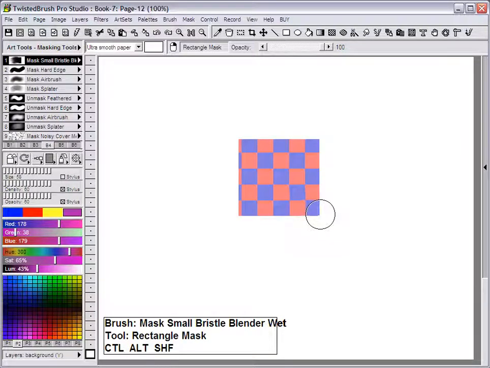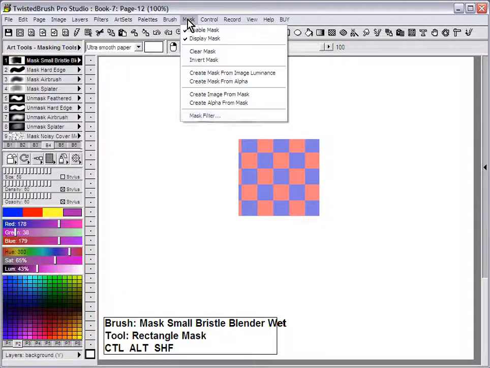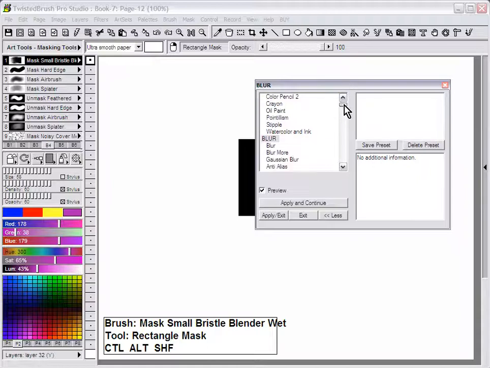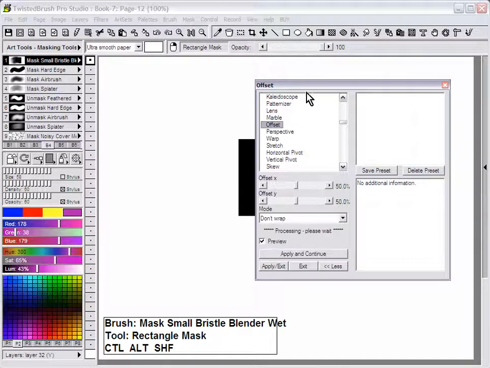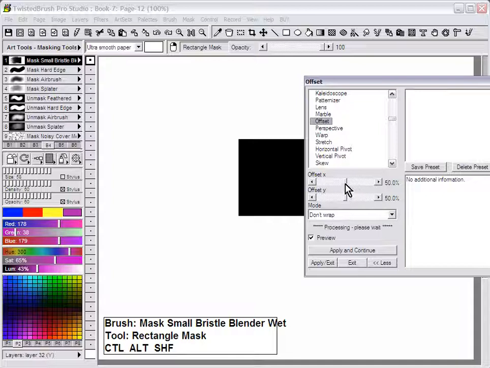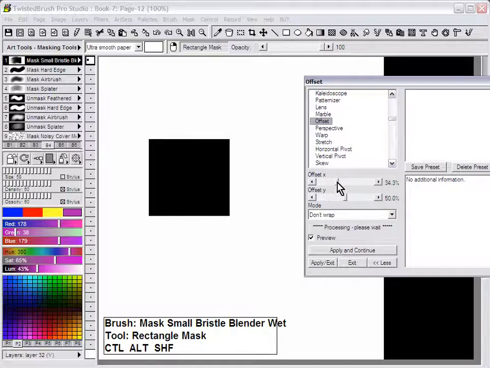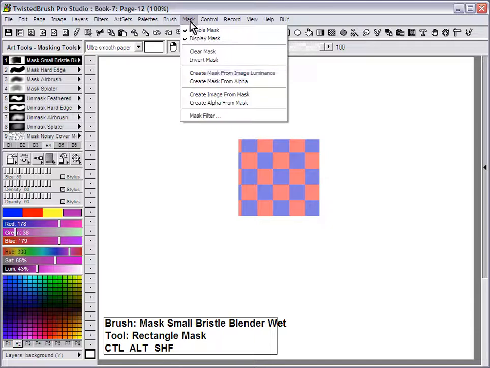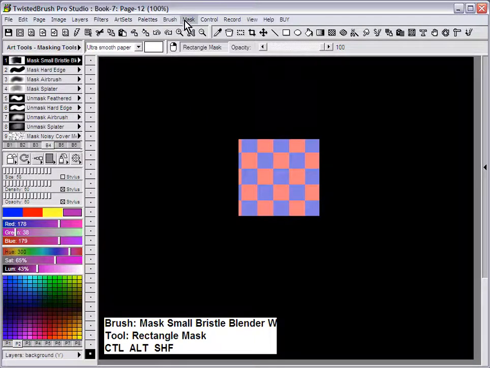Let's create a simple mask. One thing you may want to do or be looking for is the ability to move your mask on the page. Currently there are a couple ways to do that. You can go to the mask filter, go to distort offset, and change its position. Well, that's one option. Another option is you can convert it into an image